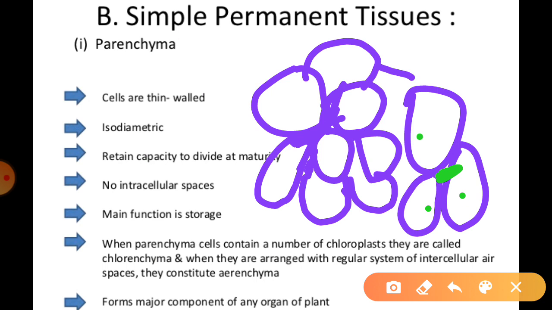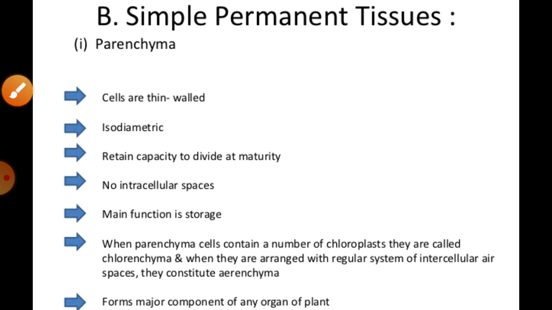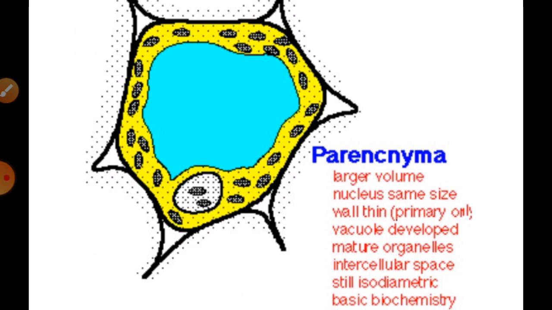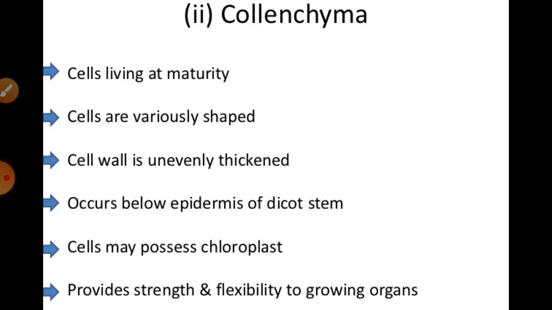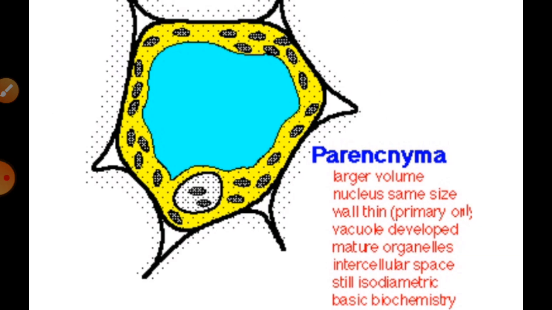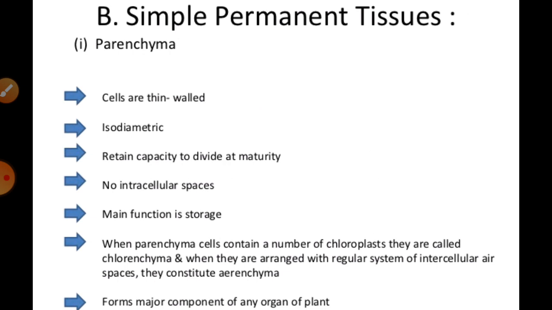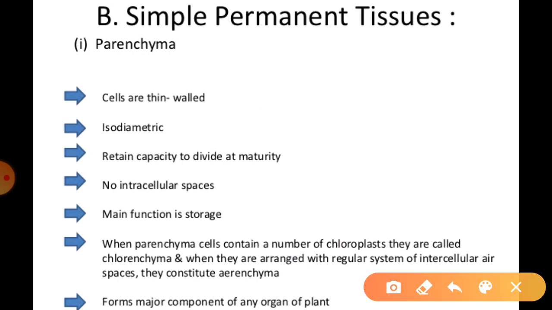And if we want to study these tissues in detail, we can say these tissues have some other characters on the basis of which they can again be classified into different categories, right? So you can see the structure of these permanent tissues like this one. On the basis of some different features, this permanent tissue can be classified into other categories also. There is a special tissue that is called chlorenchyma.